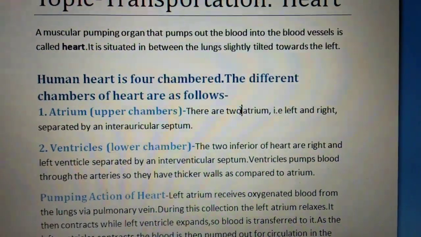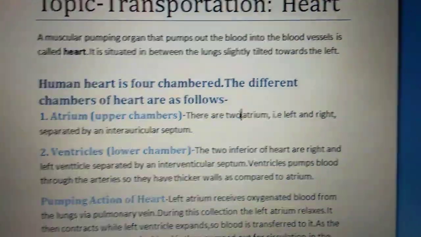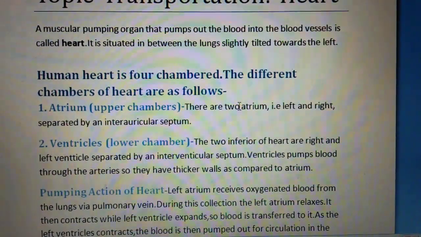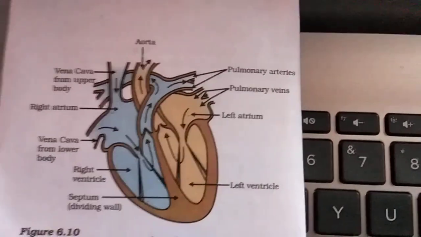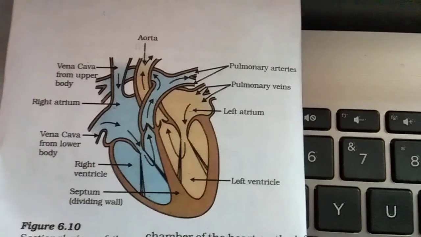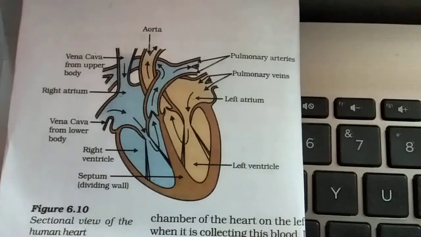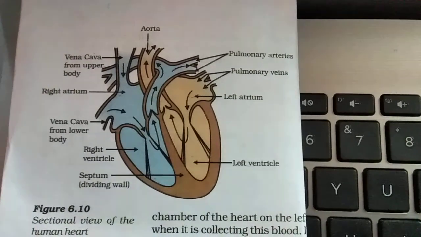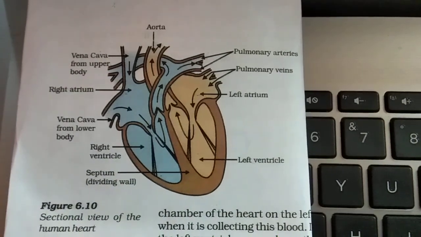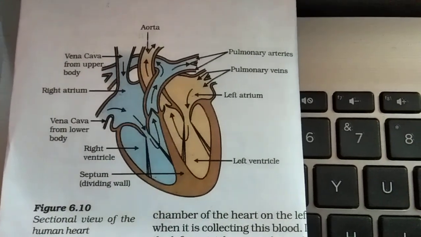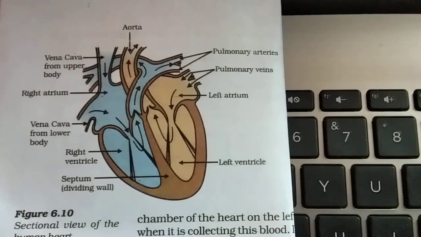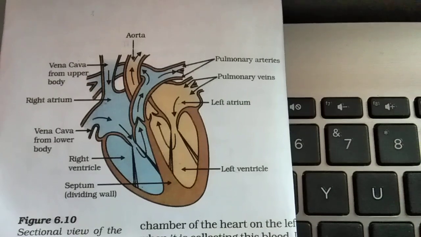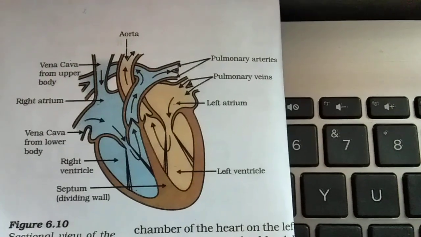Okay, now the human heart is four chambered, and what are the names of the chambers? There are two auricles or atrium and two ventricles. Then what is the need of having a four chambered heart? Because all these chambers prevent the mixing of the oxygenated or oxygen rich and deoxygenated or carbon dioxide rich blood together. That means they prevent the mixing of the pure and impure blood. That's why our human heart is four chambered.